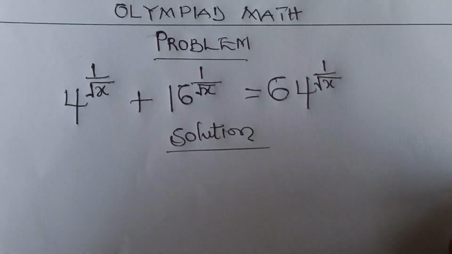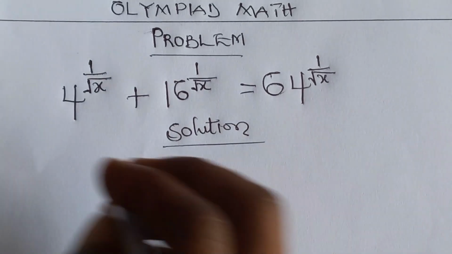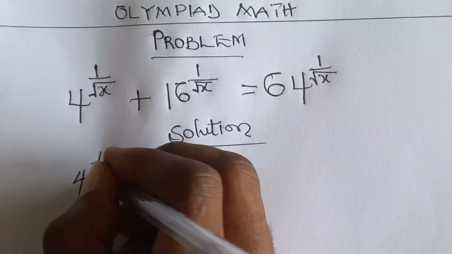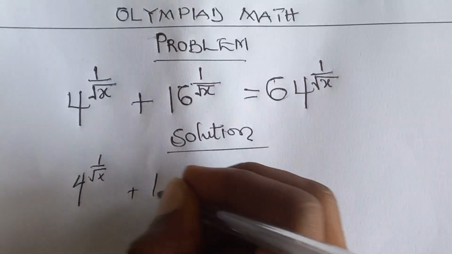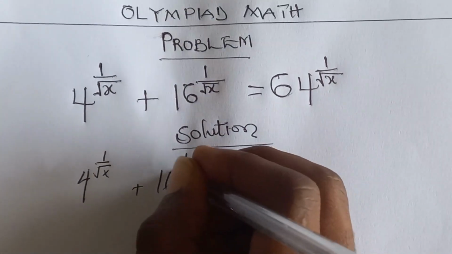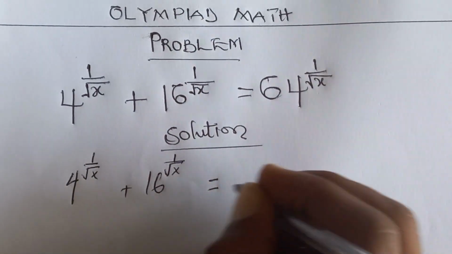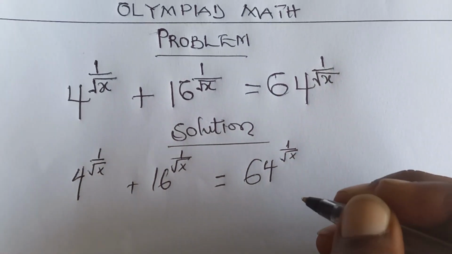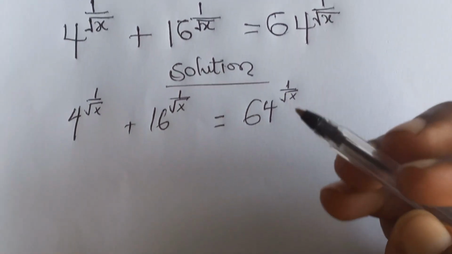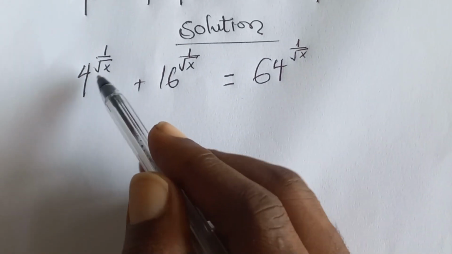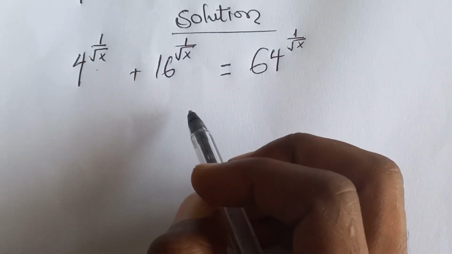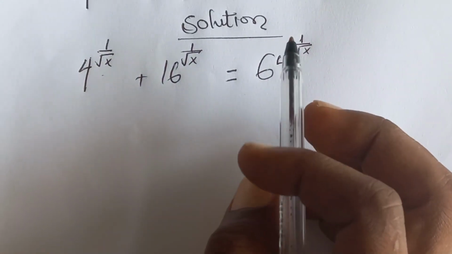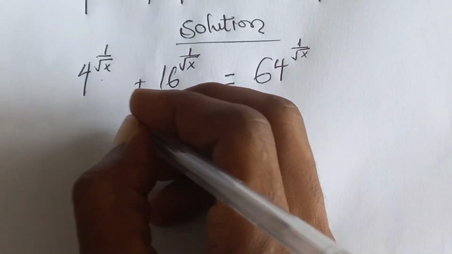So today we are looking at this tricky problem. We have 4 exponent 1 on root x plus 16 exponent 1 on root x, which is equal to 64 exponent 1 on root x. With this, you can see that they all have exponents of root x, which makes it common. Since root x is common here,